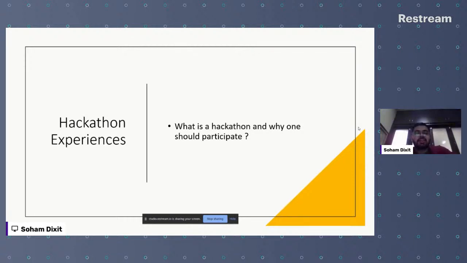Because as I said at the start, it's not something you already know which you're going to directly implement. At each and every hackathon there are different problems to be solved. Those problems require different solutions, something which you need to learn and implement. That was quite a fantastic journey, and that's what actually built me as a developer.